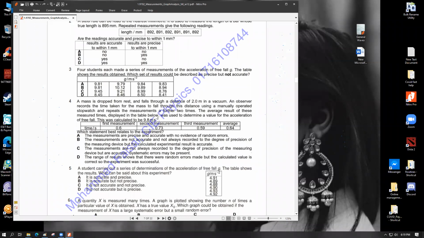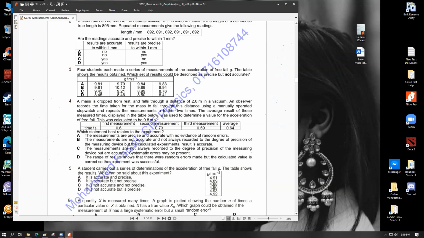Answer choice D once again. It reads, the range of results show that there were random errors made, correct, but the calculated value is correct. এইটুকু পর্যন্ত ঠিক আছে, it's correct so far. So the experiment was successful. Now this third part is ambiguous. You cannot say whether this experiment was successful or not, because you do not know exactly what the percentage